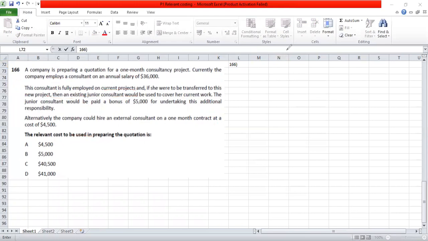A company is preparing a quotation for a one month consultancy project. Currently, the company employs a consultant on an annual salary of 36,000. This consultant is fully employed on current projects, and if she were to be transferred to this new project, then an existing junior consultant would be used to cover her future work. The junior consultant would be paid a bonus of 5,000 for undertaking this additional responsibility. Alternatively, the company could hire an external consultant on a one month contract at a cost of 4,500. The relevant cost to be used in preparing the quotation is